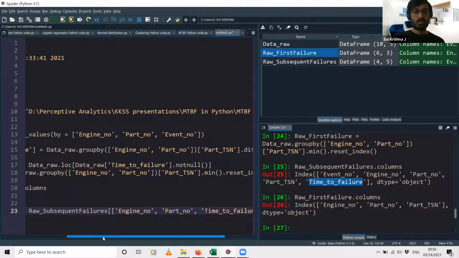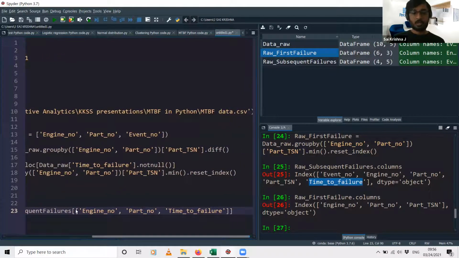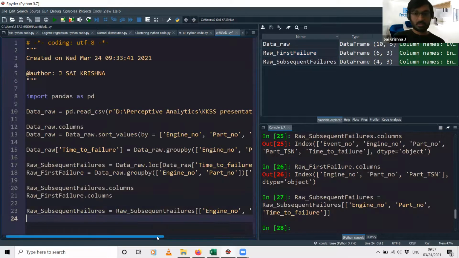The syntax to specify a subset of columns is double square brackets, and within the double square brackets you specify the column names that you need from the data frame. You type this line of code and then you run it. Now you see, the raw underscore subsequent failure has only 3 columns.